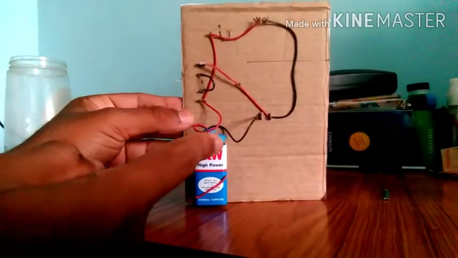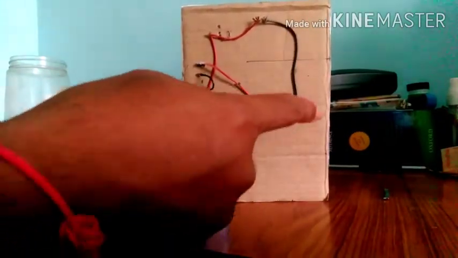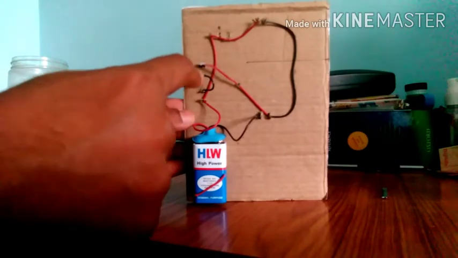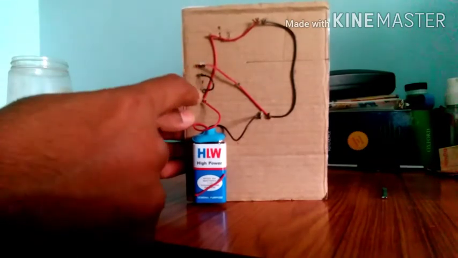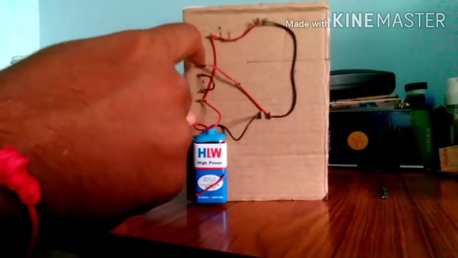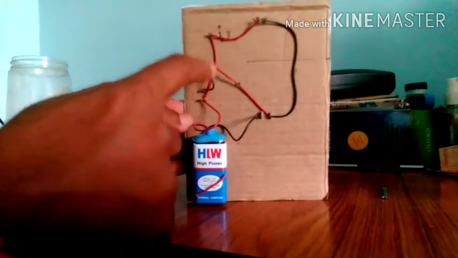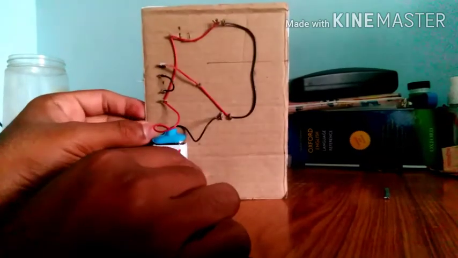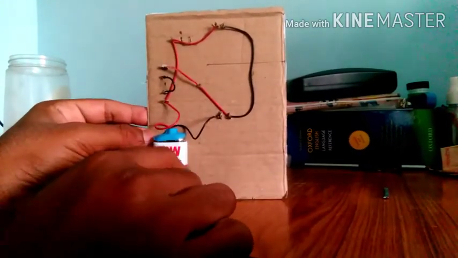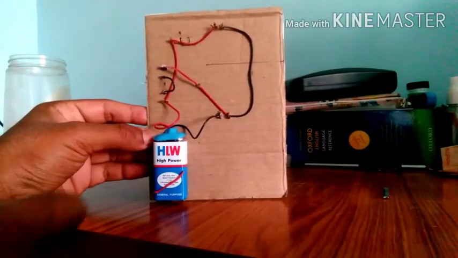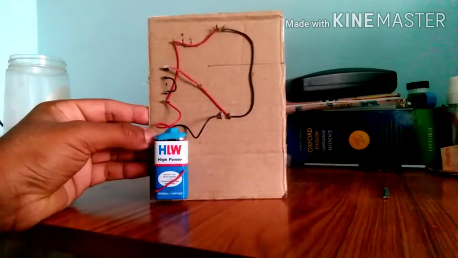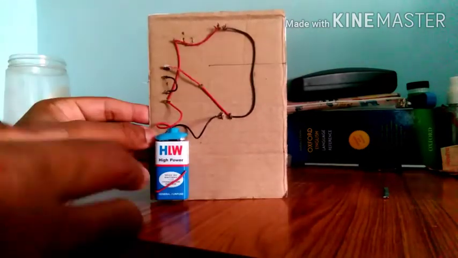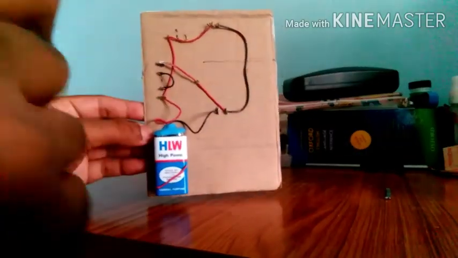Guys, I had connected the circuit like this by connecting the main switch to the LED and connecting two switches in series basically, and then I had connected this two switch series combination in parallel with the LED, as you can see in the circuit presented here. So after connecting the circuit like this, you will get basically an AND gate connected to a NOT gate. Thus the whole gate becomes a NAND gate. That's why it is known as the derived gate. So let's understand the circuit more deeply.